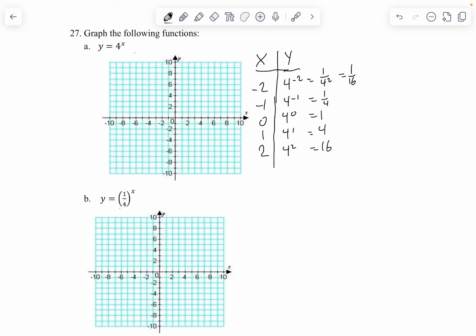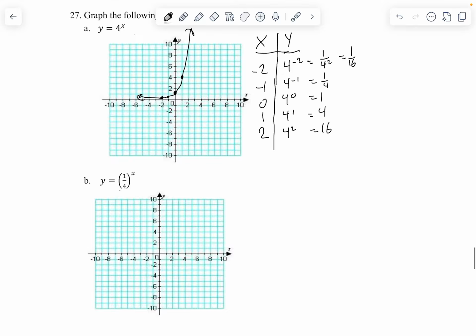If I plot these points, so when x equals -2, y equals 1/16, that's really close to the x-axis there. When x equals -1, y equals 1/4, a teeny bit higher, but still pretty low down. When x equals 0, y equals 1. When x equals 1, y equals 4. When x equals 2, y equals 16, that's going to be somewhere off the grid. So my graph looks like this. Right? It's an exponential growth function. Coming down here,